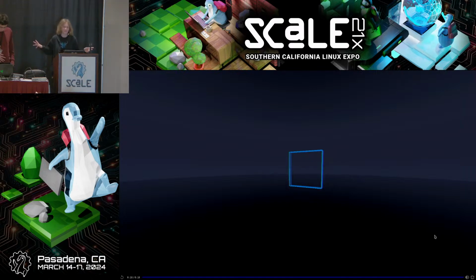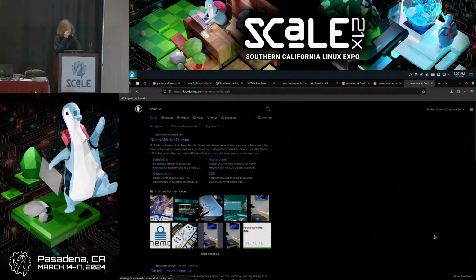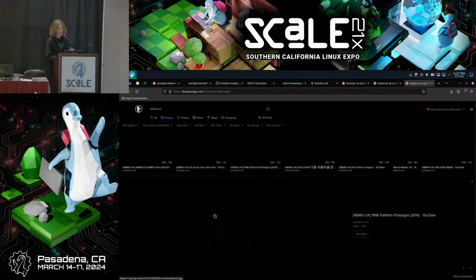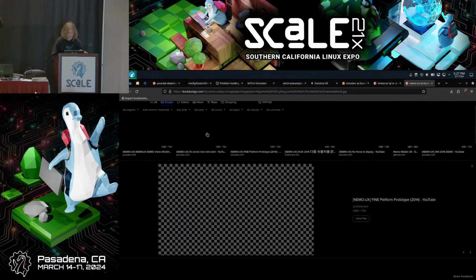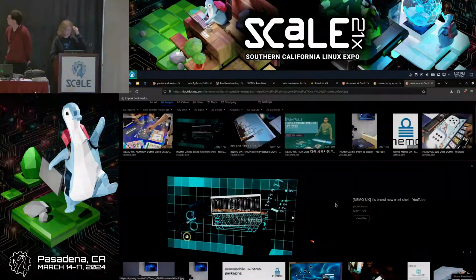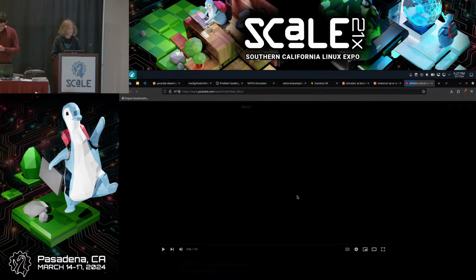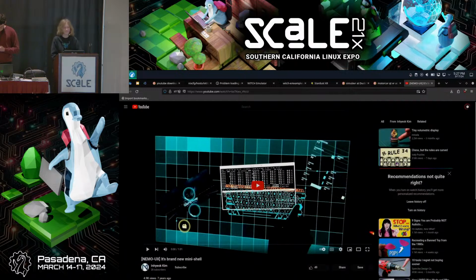I mean, you have stuff like Nemo UX, where you literally have windows flying all over a giant table, right? Like here's an example. Actually, I can show you this video. I can show you some of my open source inspiration for what I've been doing here.